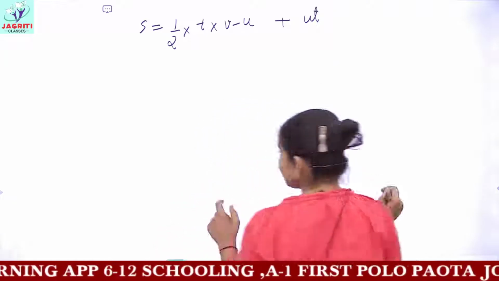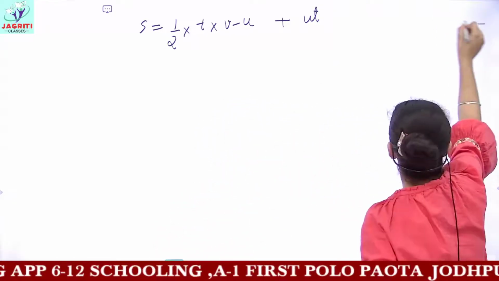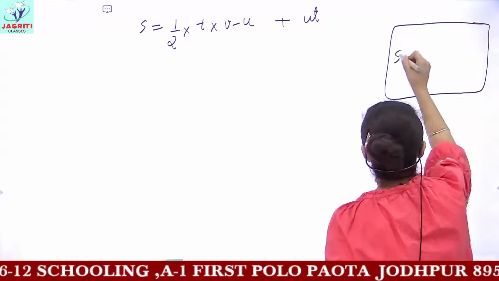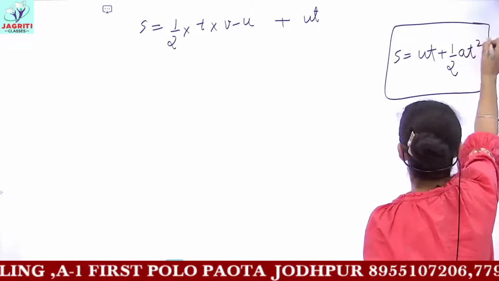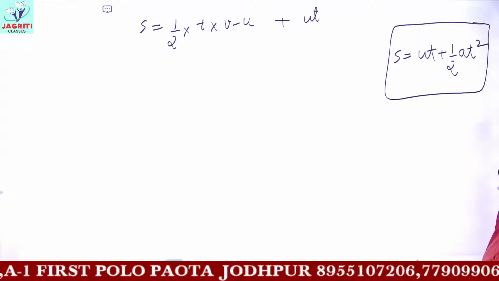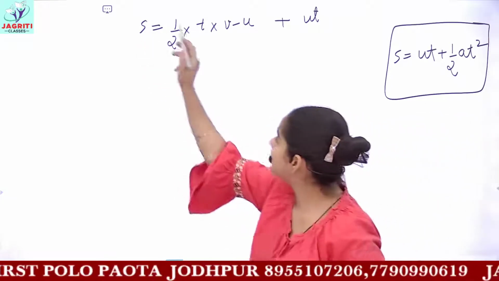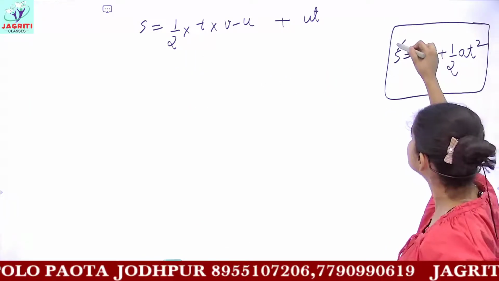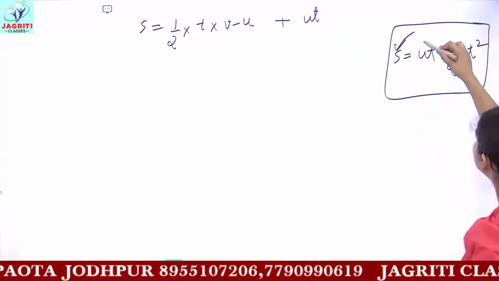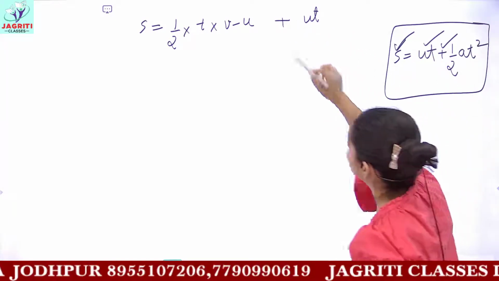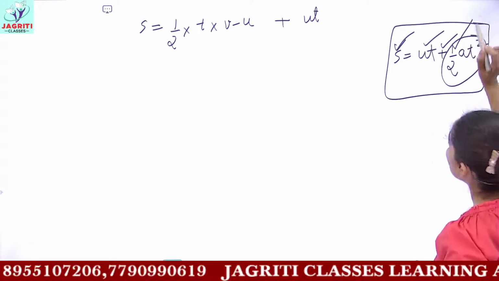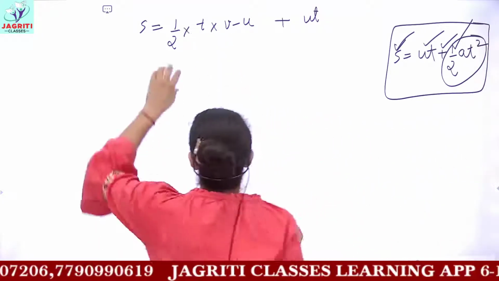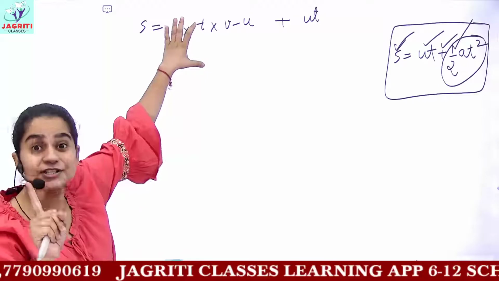And the form of equation which we have to derive is what? We have to derive s equals ut plus half a t square. This should be the final answer. So you get that we are having s already. We got this term s, then you got ut also and addition also. You have to get half a t square. For this you already have the factor of half. That means you do not have to make any changes in this factor.